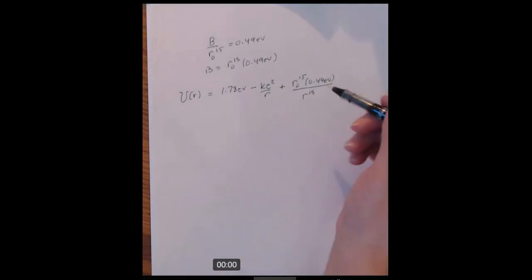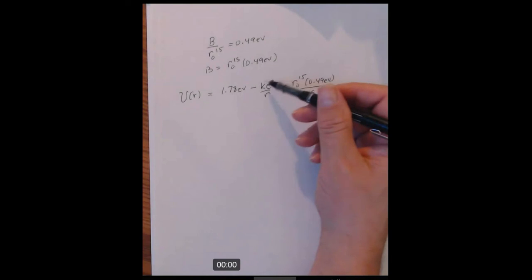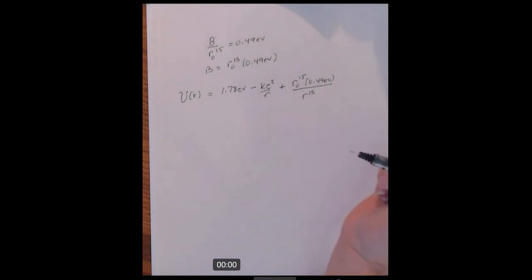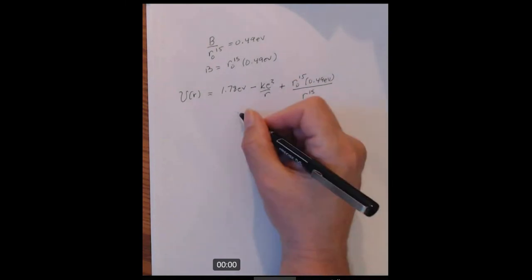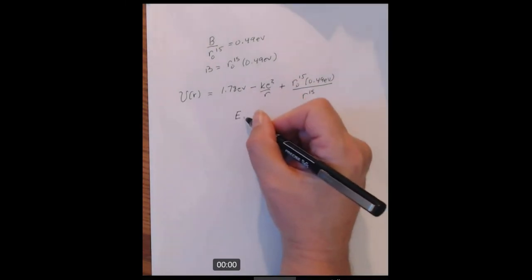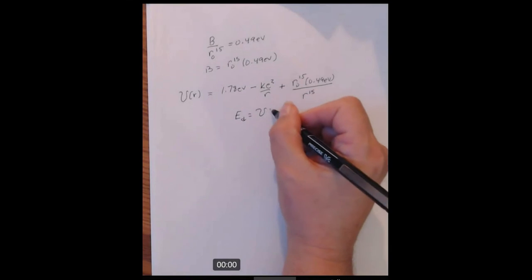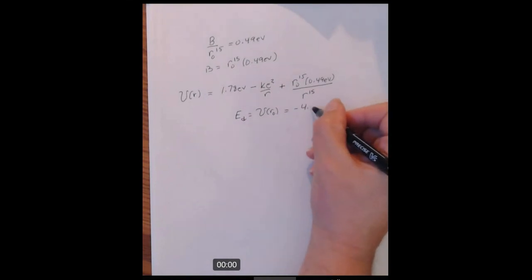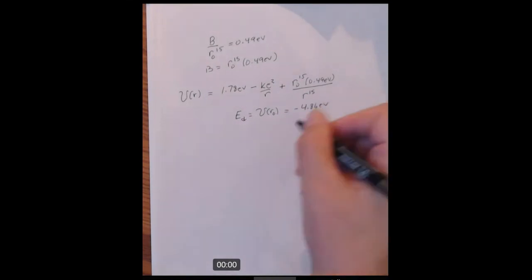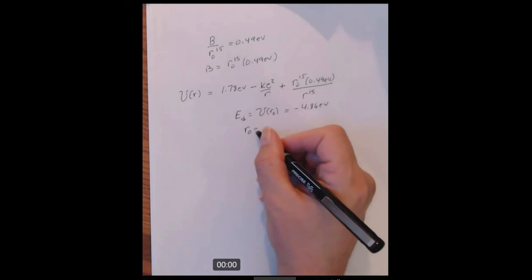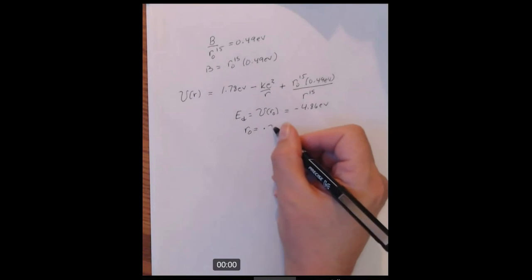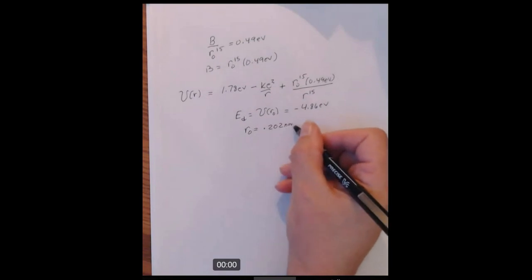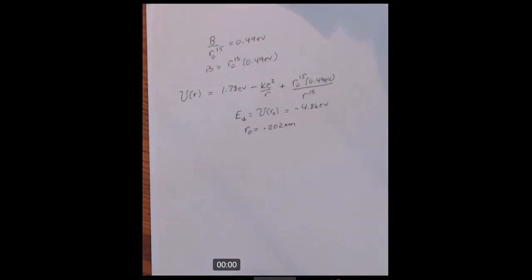So you can see this last term is not going to matter until it gets very close. The Coulomb term is going to dominate for most regions. But to do this, we needed the dissociation energy, which was the potential at the equilibrium point, a negative 4.86 eV, and we needed that equilibrium distance between the atoms. Okay. So there's